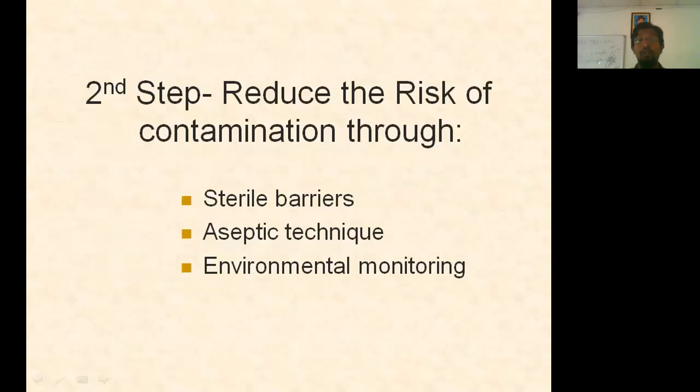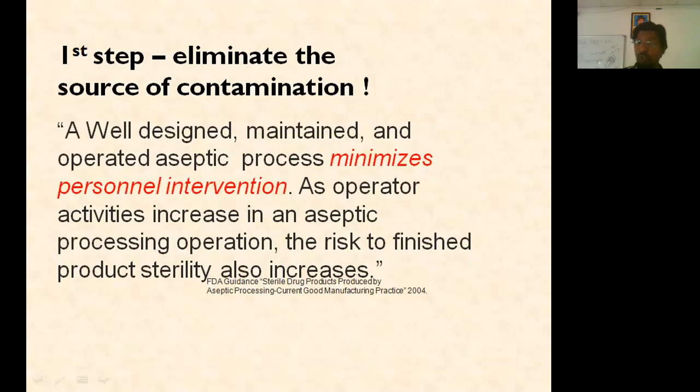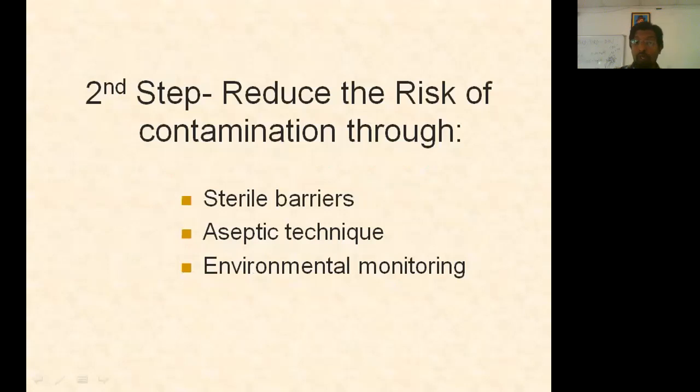The second step is to reduce the risk of contamination through sterile barriers, aseptic techniques, and environmental monitoring. First, you should prevent the source of contamination. Second, reduce the risk of contamination through sterile barriers, aseptic techniques, and environmental monitoring. Seriously, when you go on the industrial visit, maybe in 4-2 or something,